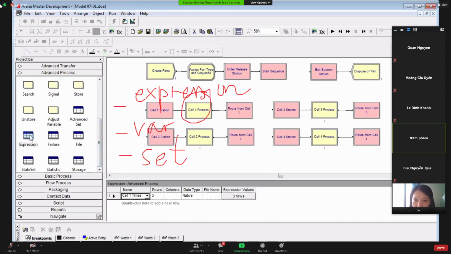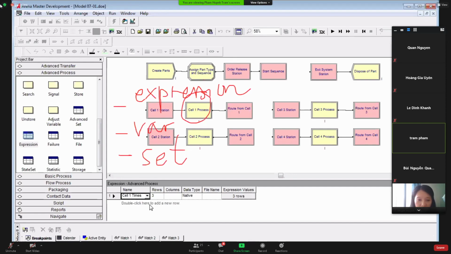The expression data module allows us to define a distribution or a certain equation, a certain formula in advance. So let's say if we want to use x1 plus x2 multiplied by 3 or so on, then we can define an expression here. When we type the expression name, it will follow that distribution or that formula that we want. So let's say we will create an expression named cell 1 times that we will use in the cell